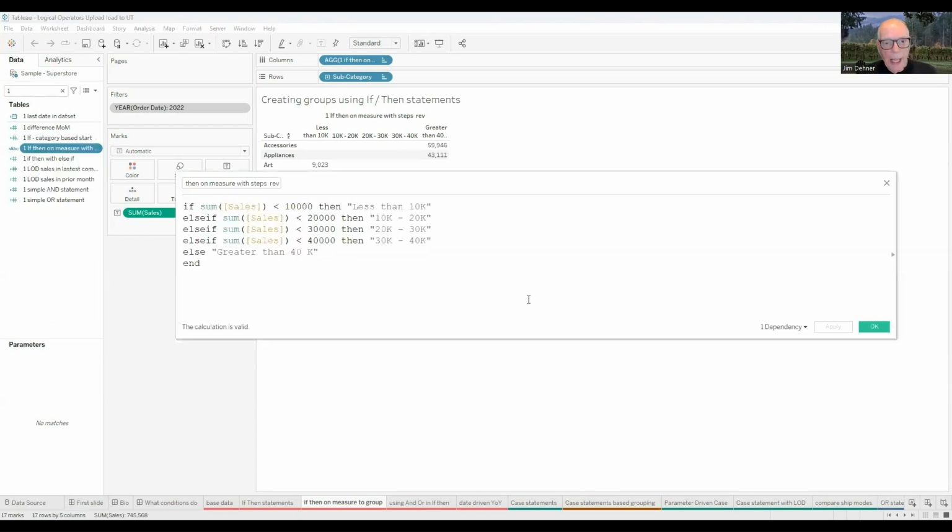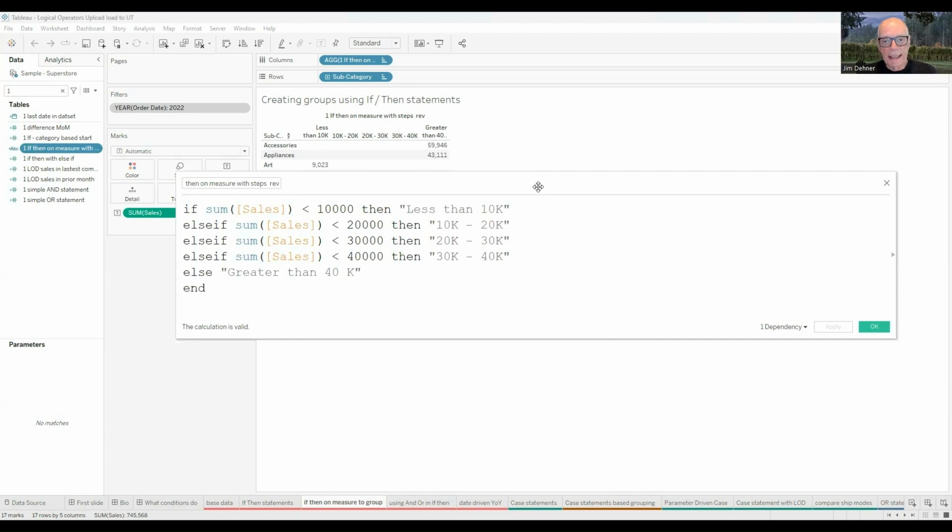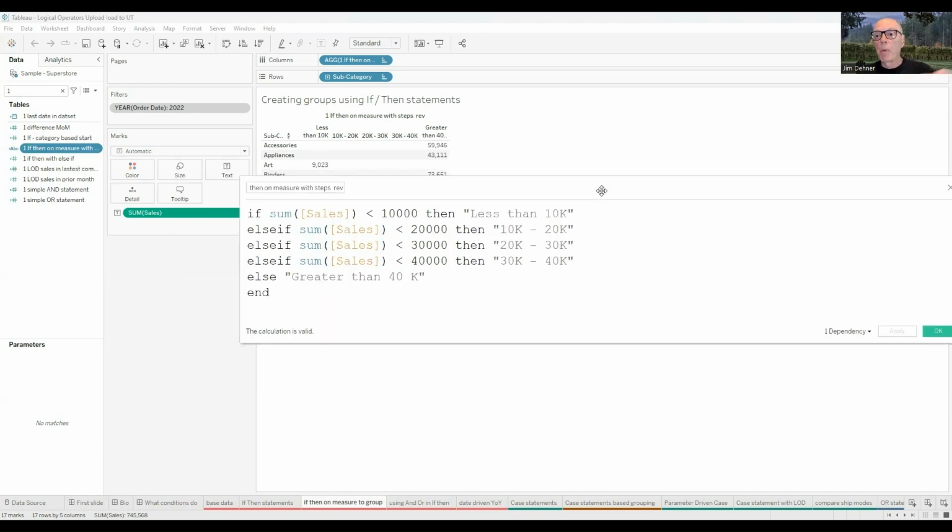Okay. And we write a statement that looks like this. And here we've got those multiple categories, if you will, the multiple else if statements. First, we're going to check to see if the sum of sales is less than 10,000, then I'm going to put a label on it called less than 10,000. Now, if that's not the case, else if the sum of sales is less than 20,000, then the category is going to be called